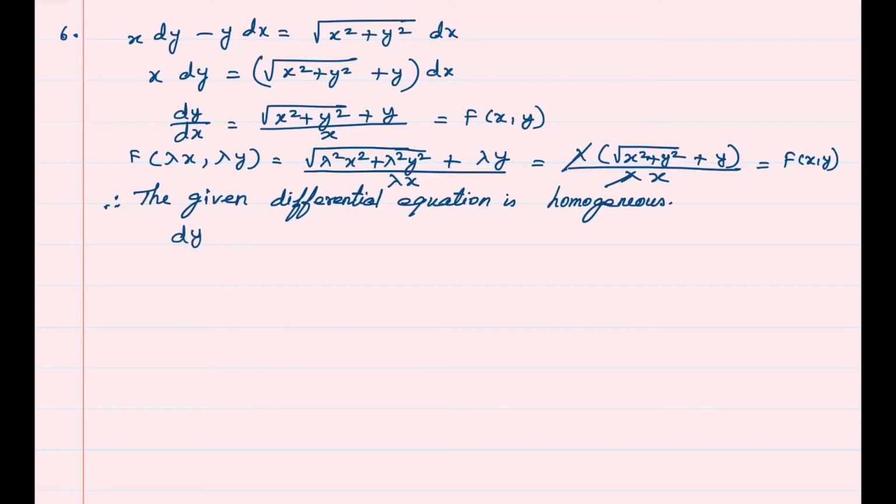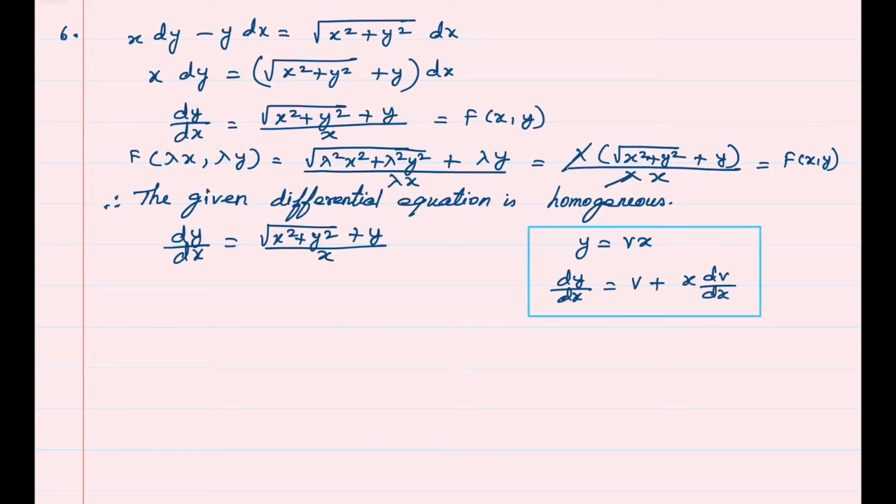Now we will solve this equation. dy by dx is root of x square plus y square plus y upon x. We will substitute y as vx. Differentiating with respect to x, dy by dx, using the product rule, is v plus x dv by dx. So v plus x dv by dx is equal to root of x square plus y, where y is vx,